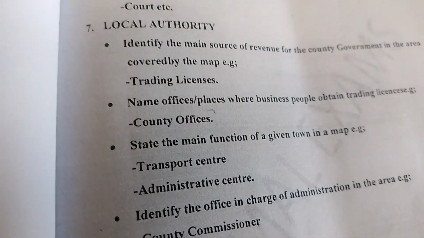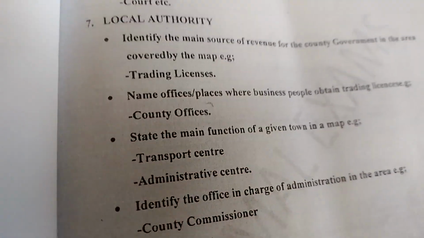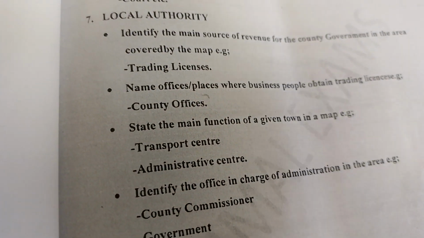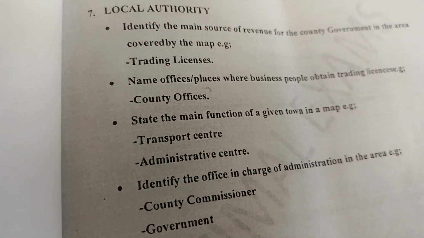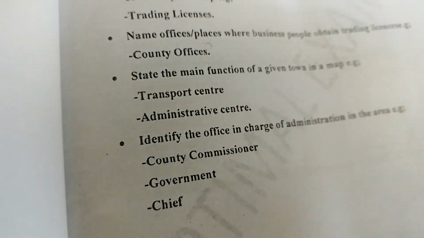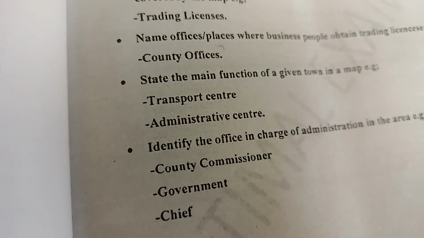We have local authorities in terms of administration, the county offices, the sub-county offices. Who is in charge of the county? Who is the senior most administrator in the county? Who is in charge of a certain town? So we have the county commissioner, we have the county government, we have the chief, we have the division,